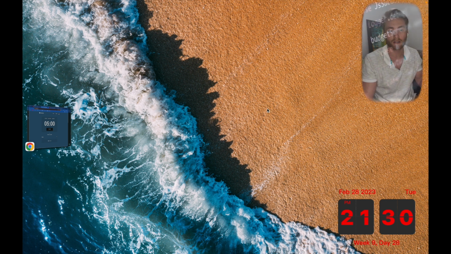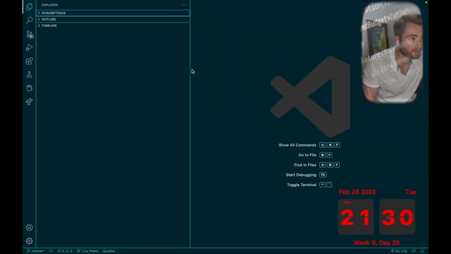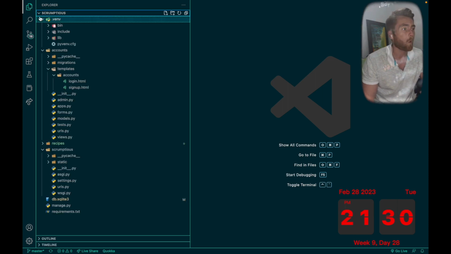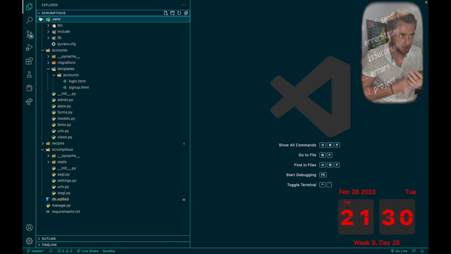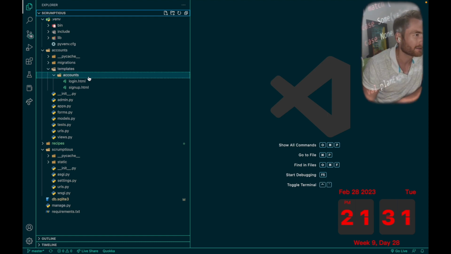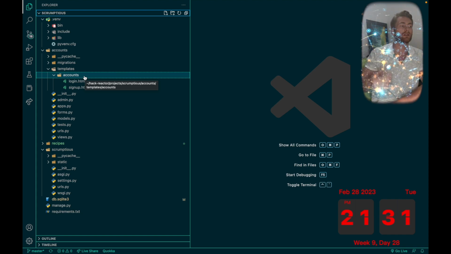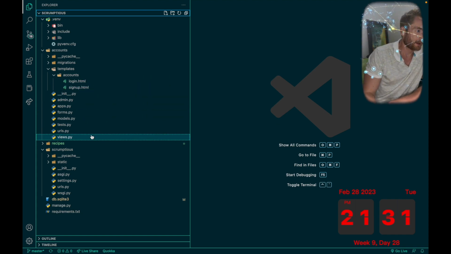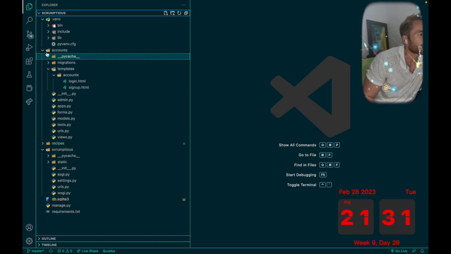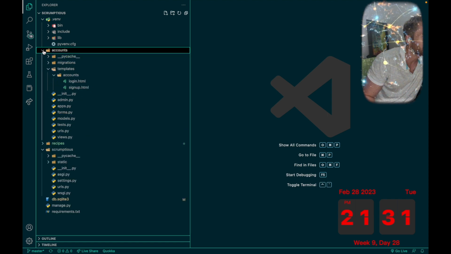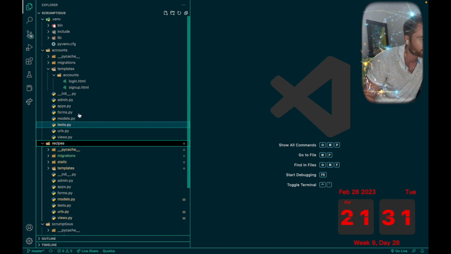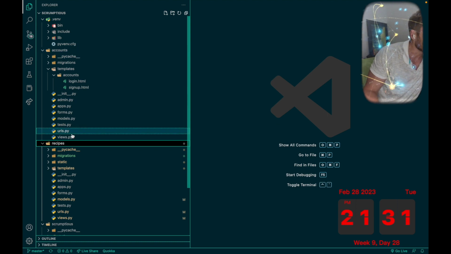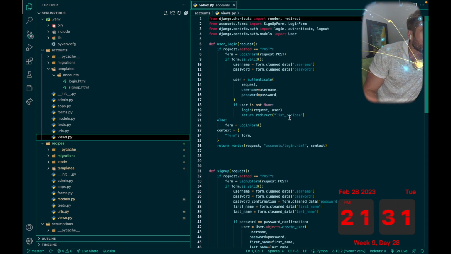Just want to give a quick update on how far along my first Django project is. So I'm going to go here in VS Code. What I've done is I've added a second app. The first app was a recipe app. The second app this time was an accounts app that handles the sign up, the login, and the log out process. That can be seen here in my accounts app folder, which is structured the same as the recipes app folder. And in my accounts, when I go to my views, is where you're going to see all the functions